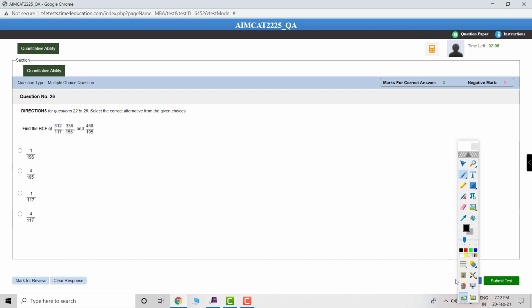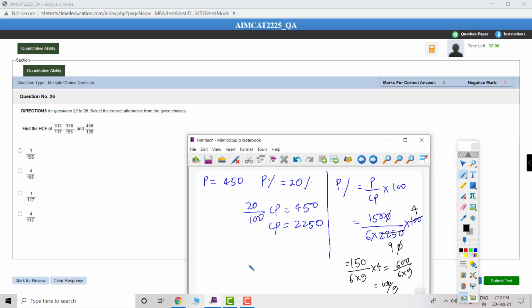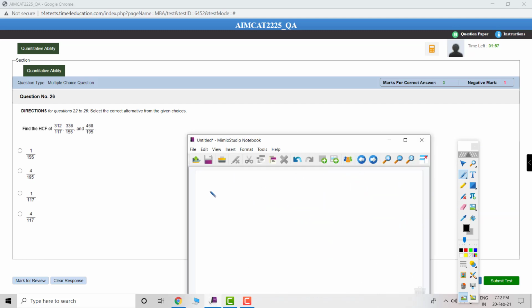Last question. Yes, we succeeded in reaching the last question. Now look at the HCF question. We need to do some calculation here because fractions are supposed to be in the lowest form. So look here, first of all 312 divided by 117. Let's convert this into lowest form. This is 13 into 9. So this is 13 twos are and 13 fours are, correct. Then next is 336 divided by 156. We need to convert every fraction into the lowest form.